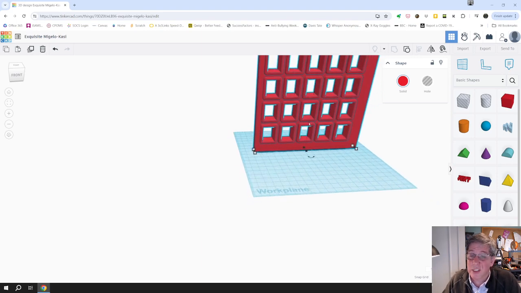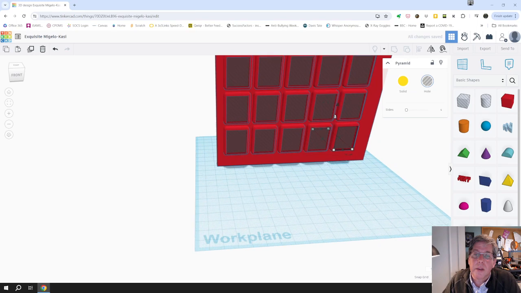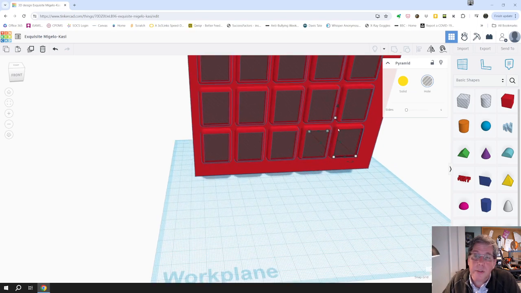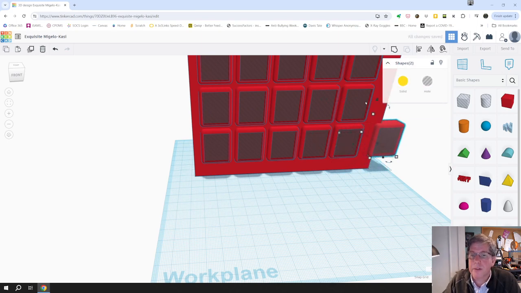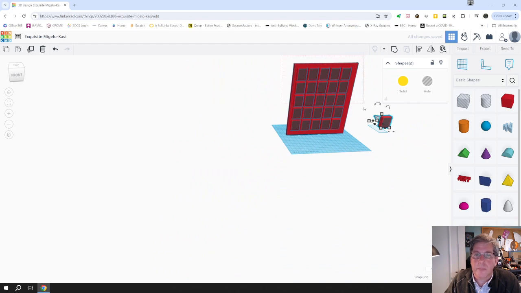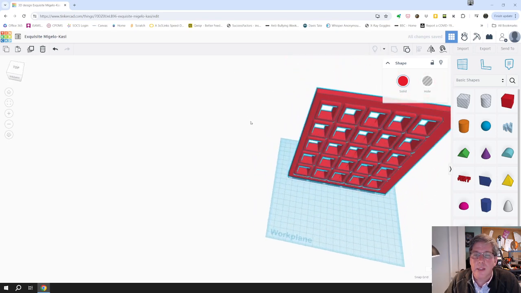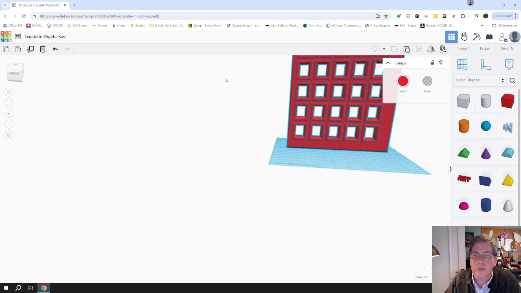So what I would actually suggest you do is keep a copy of one of these windows. That was my mistake. So I'm going to take one of these, and I'm going to press Shift to get one of these. I'm going to duplicate it, just get it out of the way. So that's my one I can duplicate whenever I want. And all I need to do is select that and group it, and I have a wall of interesting windows. Okay, now you could do this with a cone, so you could make all sorts of interesting shapes,